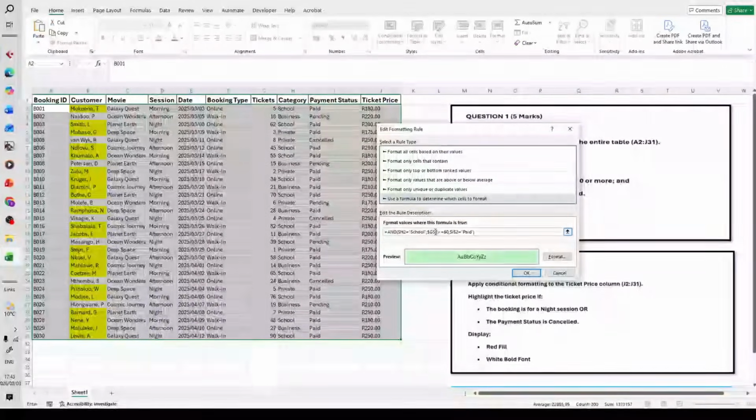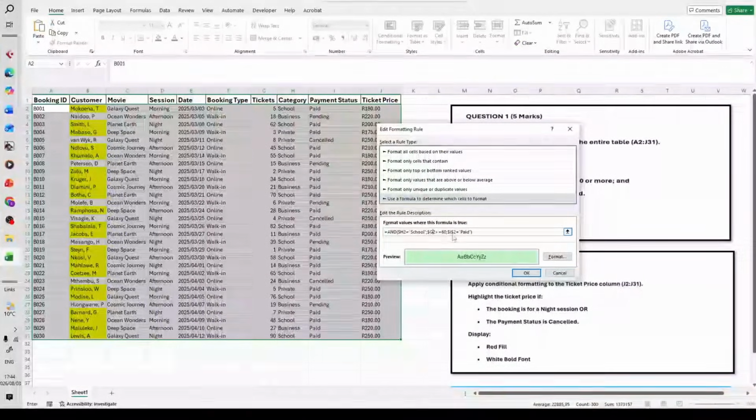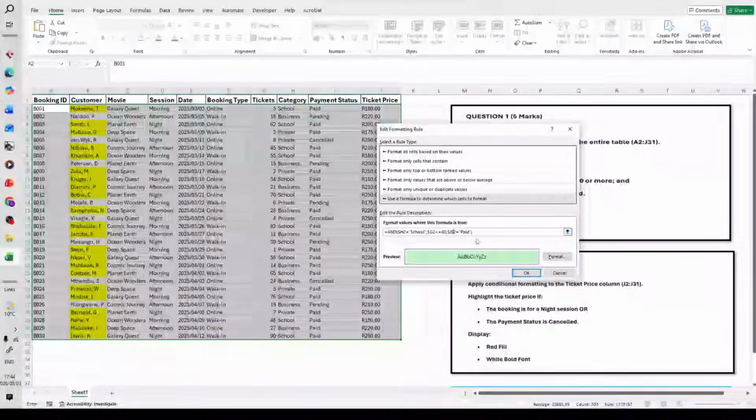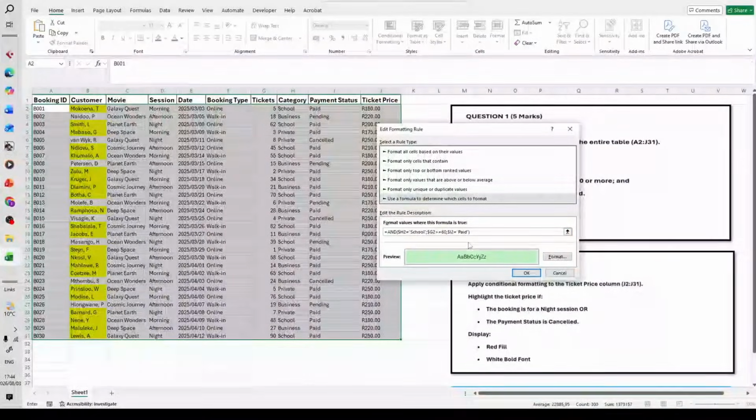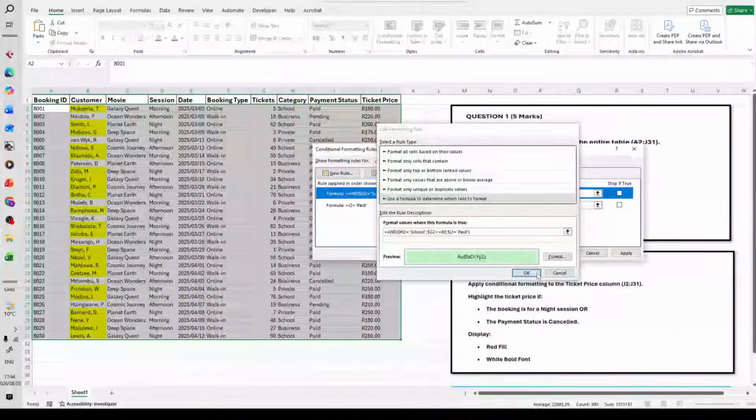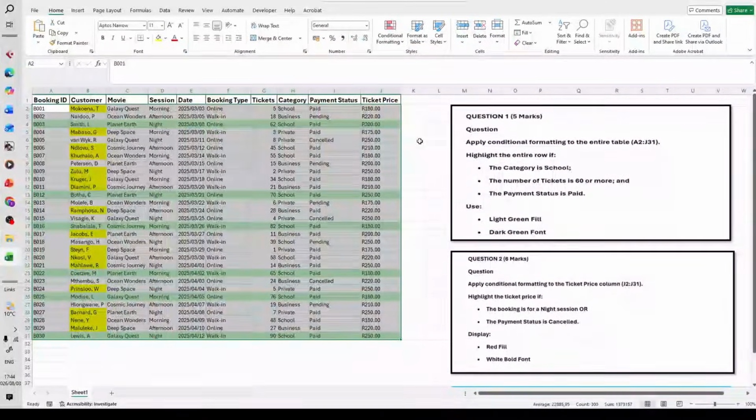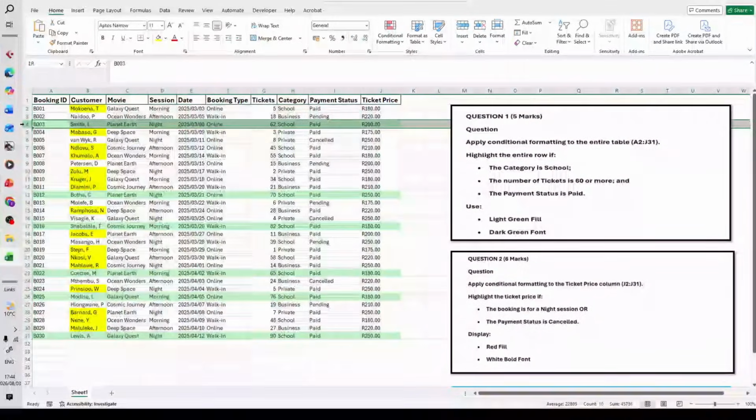Here I'll remove the second one so that it focuses on column G and then goes down, and here the same applies. It should just focus on column I, but from number 2 it can change, and then I'll say okay, and then okay. Now look at what happens after I do that. It then automatically gives me the conditional formatting, the person that is highlighted in green right there,